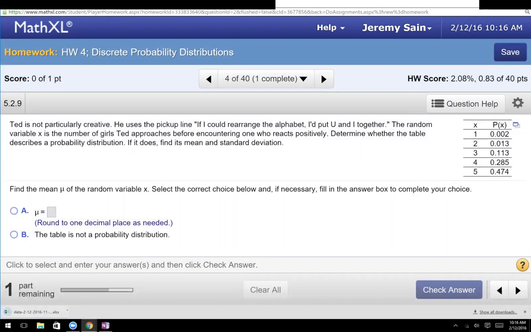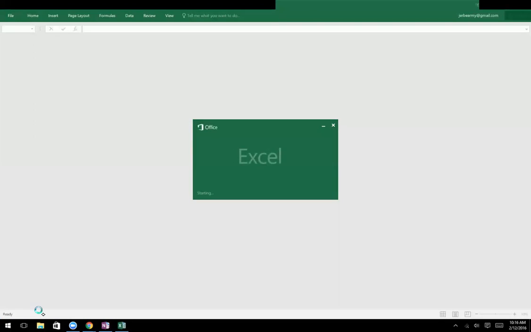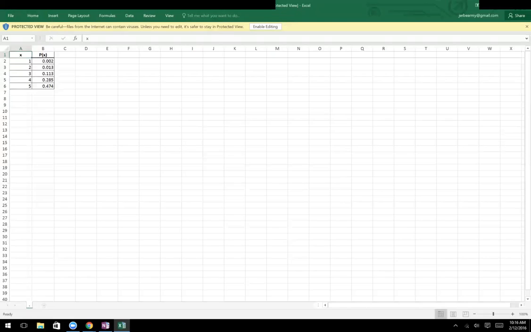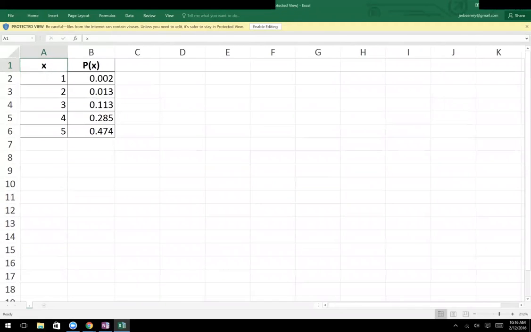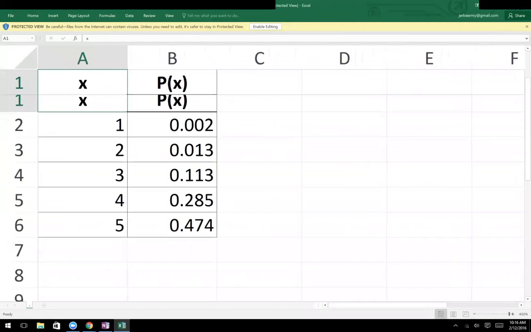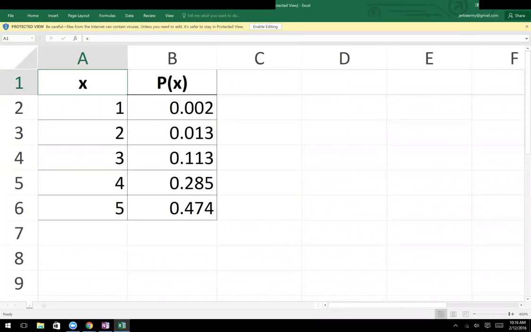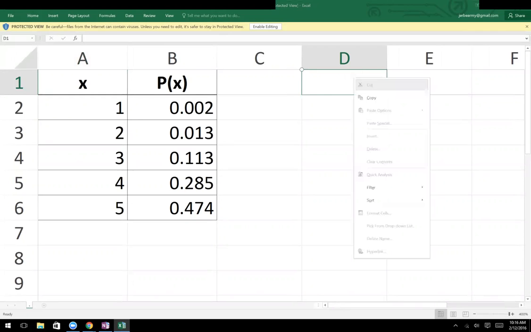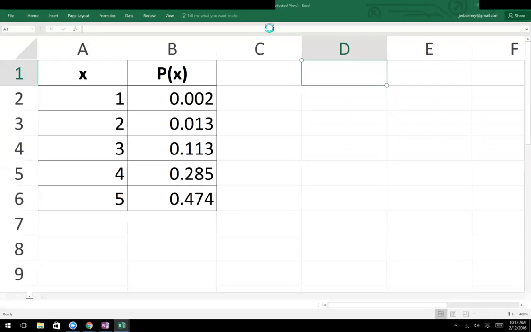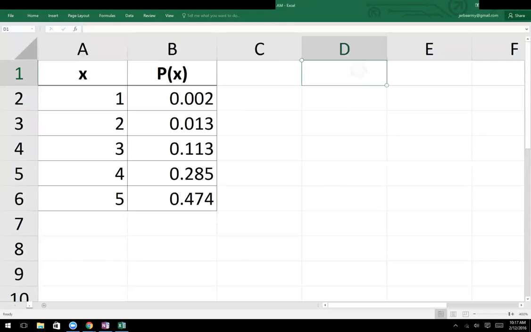There we go. All right, so we have the x's and p of x's. So we need to know, what's x times p of x all the way down? It's not typing, is it? Oh, I need to enable editing. Enable editing. Okay, so